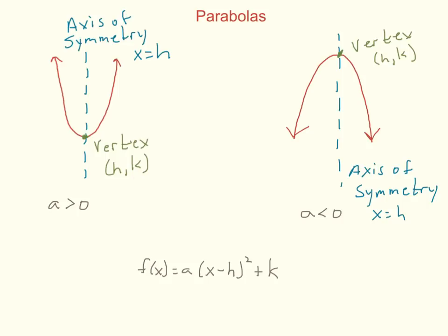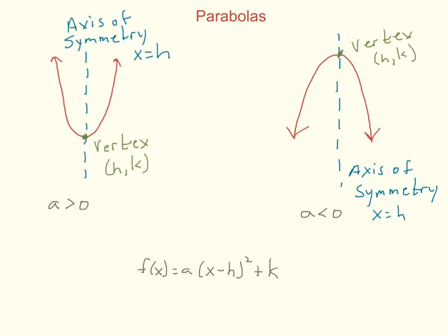The vertex is an important point when we're working with parabolas, because when the parabola opens up, that vertex is going to be a minimum, and when the parabola opens down, our vertex is going to be a maximum. You're going to hear those words a lot, especially in story problems, and you're going to want to be aware of those. And when you hear maximum or minimum, when you're working with a quadratic, right away you should be